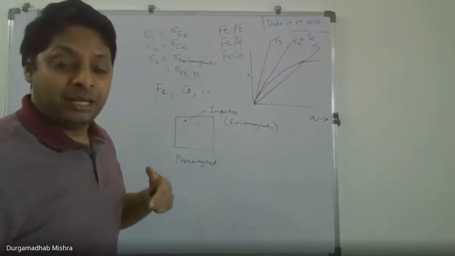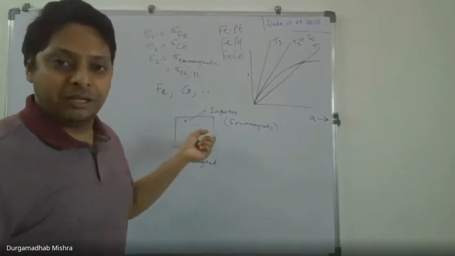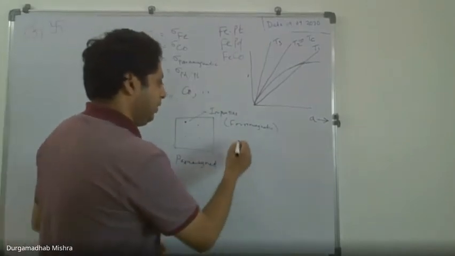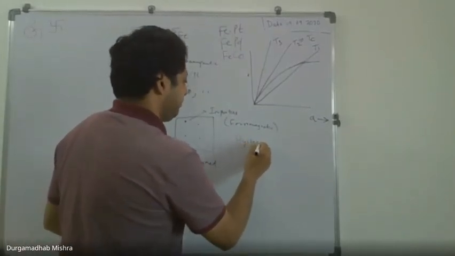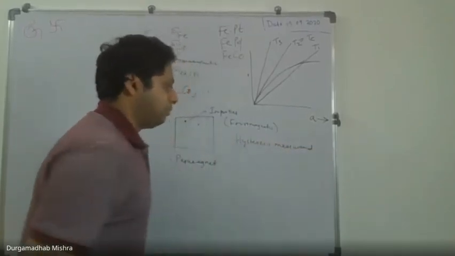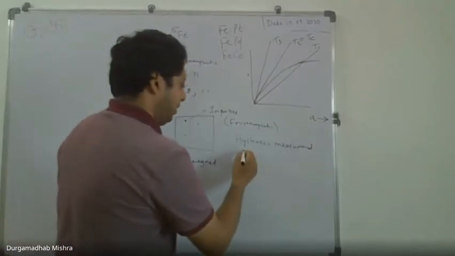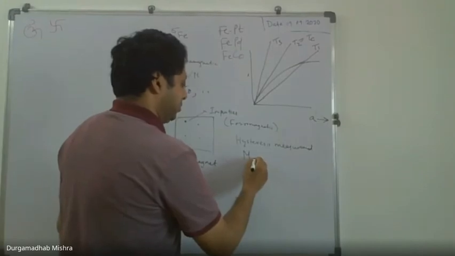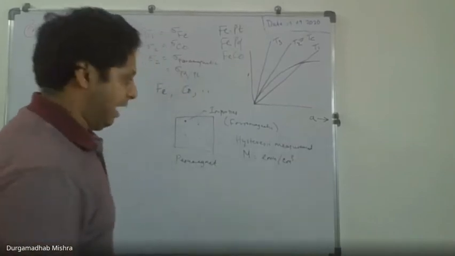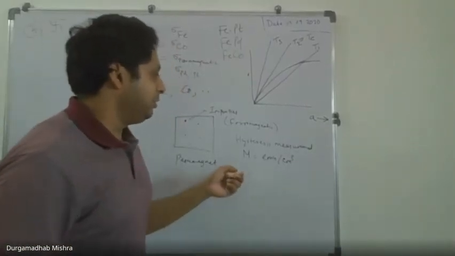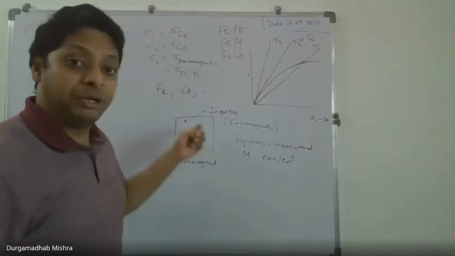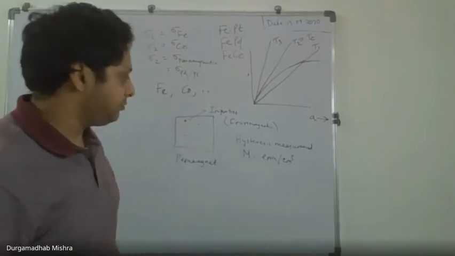So you can actually find out how much impurities are there using your hysteresis measurement. So if you do a hysteresis measurement, okay, from that, let's say you can calculate your magnetization M, which is in EMU per centimeter cube, so volume magnetization. So then you can calculate how much impurity you have in this matrix. Okay,